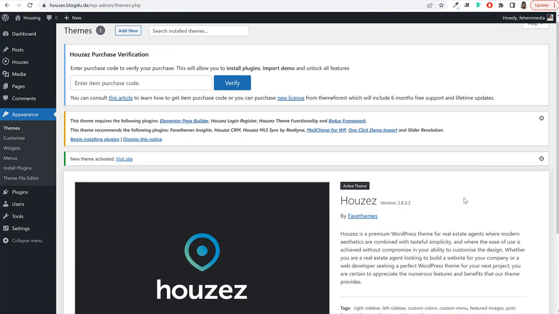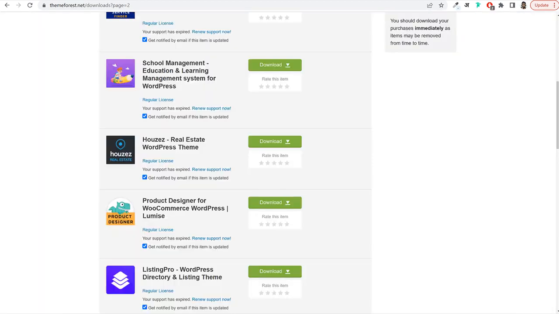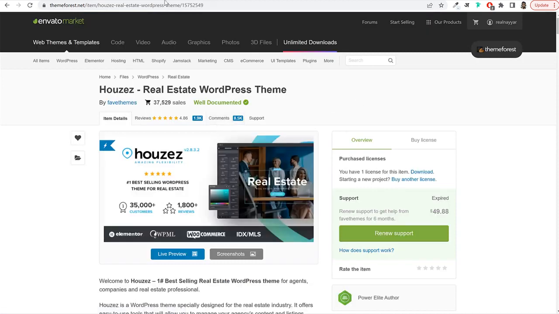Now, once it is activated, this will recommend you a few plugins. In fact, let me do one thing. Before we install these plugins, first you'll have to enter your purchase verification. You'll have to enter your purchase code and you will get that purchase code over here. If you go to the theme file, which is this file, basically, if you go to my link